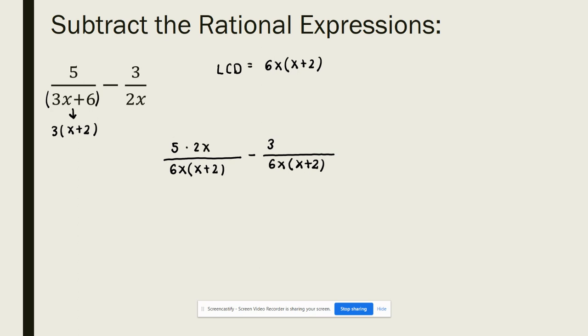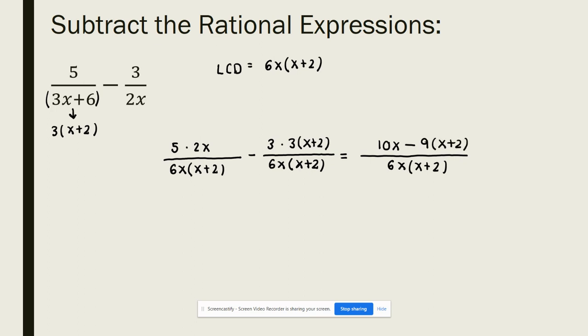How did the second denominator turn into the LCD? Well, it already has the x, but the 2 turned into a 6, and there's this binomial of x plus 2. So essentially, we multiplied by 3 times x plus 2. Now that they have the same denominator, I get to put it all over that LCD, and I get to combine the numerators. Well, 5 times 2x is 10x, minus 3 times 3 is 9, and I still have that